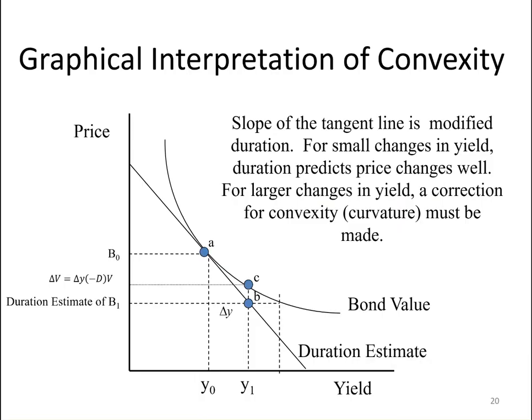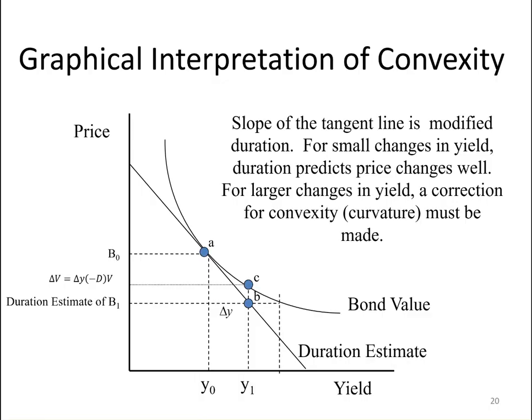So from the last discussion, what I suggested is that the price-yield relationship of a bond is a convex function curved away from the origin. And the concept of modified duration is an idea of a slope. Actually, it's percent slope, and it tells you roughly the slope of the price-yield relationship at a particular point. And if you use the formula, minus duration times change in yield times the value, it gives you a linear